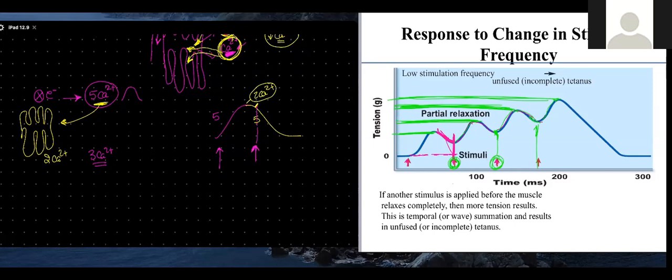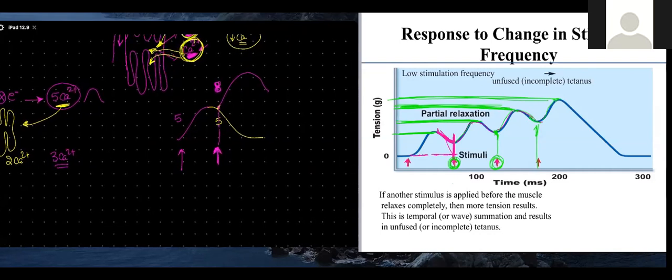So what if I get another stimulus? How many would I be releasing? I would be releasing 5. So how many calcium do I get outside now? I got 5 new ones and 3 were still remaining from the previous contraction. So now I have 8 calcium outside. So now those 8 calcium are going to be binding to 8 troponin, moving away 8 tropomyosin, allowing more sliding of the